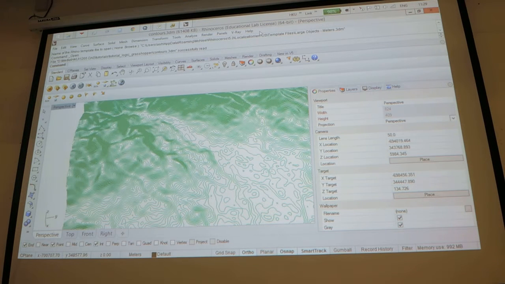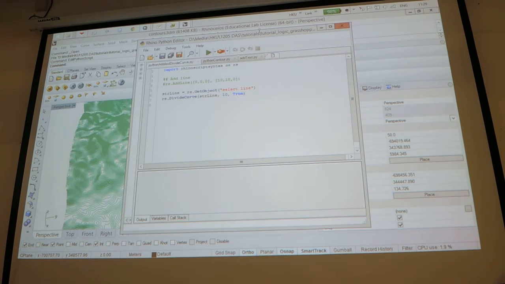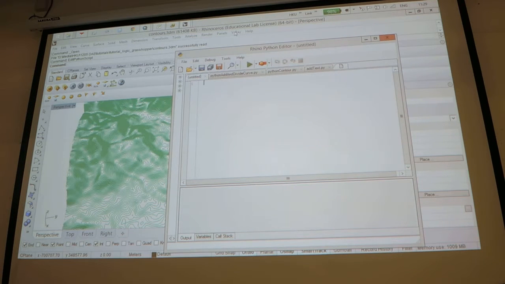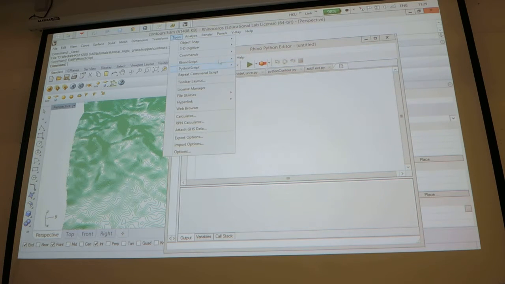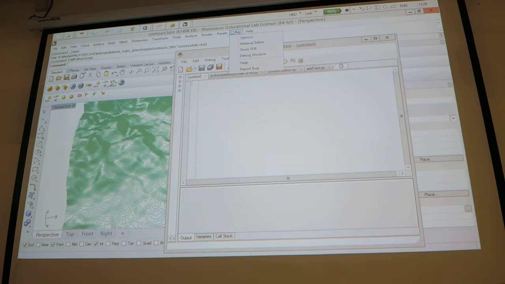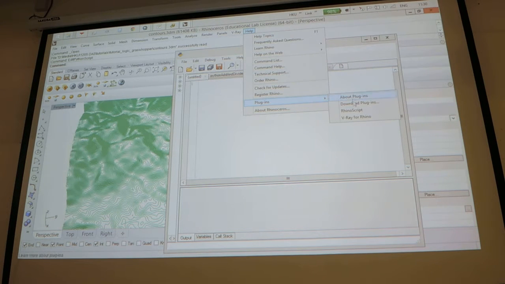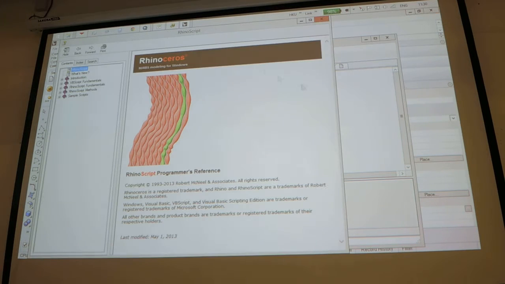So let's begin by opening up a Python script window. You can type edit Python script. You see the ones that we worked on yesterday. Let's start with a blank window. You can also go up to Tools, Python script, and Edit. Let's also open up, for good measure, the RhinoScript help file,